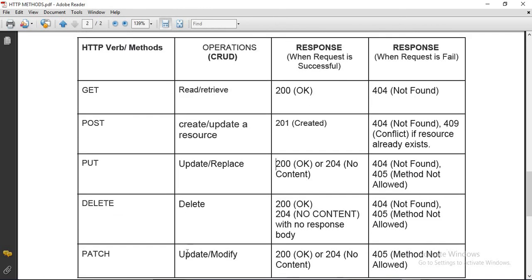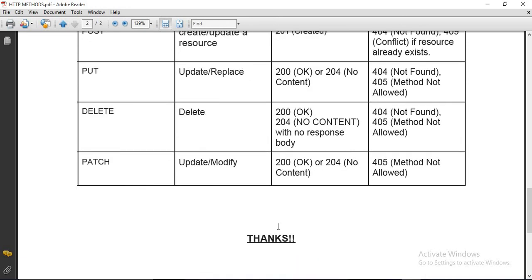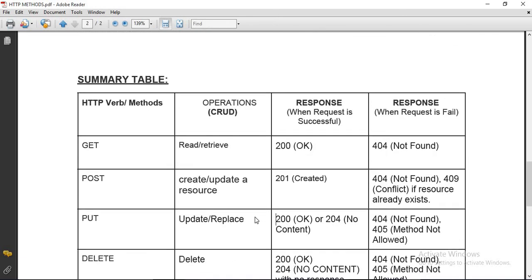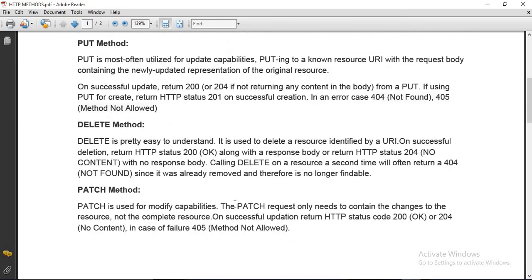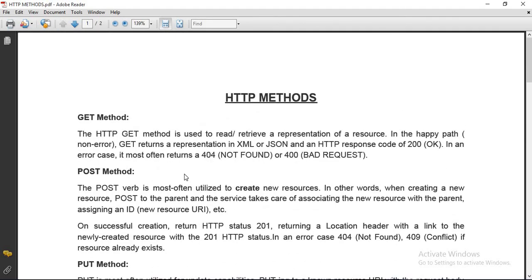PATCH is used for the CRUD operation update or modify, and the response in case of success is 200 OK or 204 no content, and in case of failure 405 method not allowed. So that's all about the brief introduction of the GET, PUT, POST, DELETE and PATCH HTTP methods.